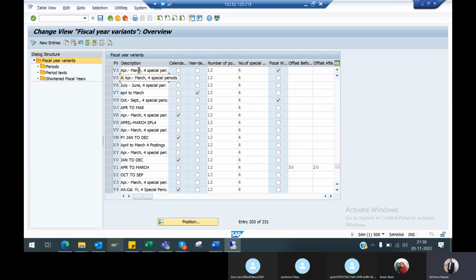कौन से मंथ हैं, अप्रैल टू मार्च है। ये देखेगा नंबर ऑफ पोस्टिंग पीरियड 12 मंथ है, नंबर ऑफ स्पेशल पीरियड 4 है, फिजिकल ठीक है। स्टार्ट कब है, ये भी चेक करता है। ऑटोमेटिक फिजिकल वीक्स, ठीक है। क्योंकि आपने फिजिकल ईयर को उसमें असाइन कर दिया, 540 जो अपना कंपनी कोड था, उसमें आपने असाइन कर दिया वीसी को, तो कोई भी डेट हम हिट करेंगे तो वो ऑटोमेटिक इंटरनली V3 में सेव होता चला जाएगा, क्योंकि वो असाइन है।